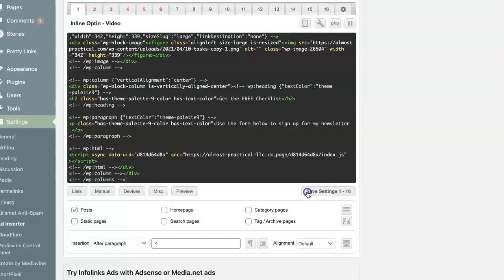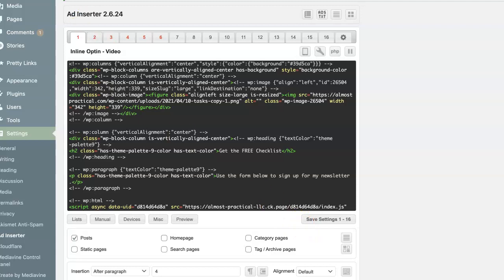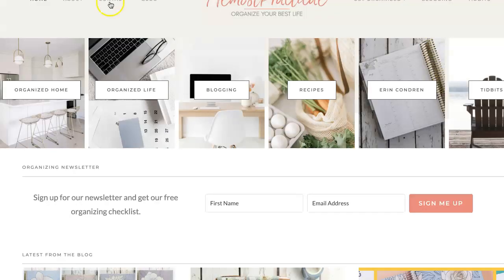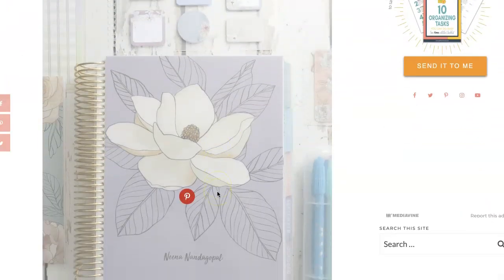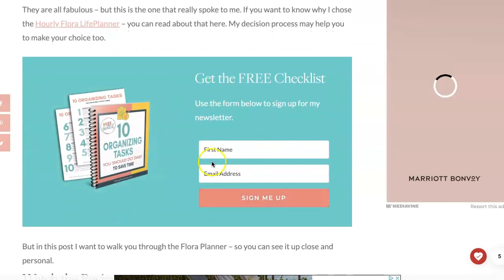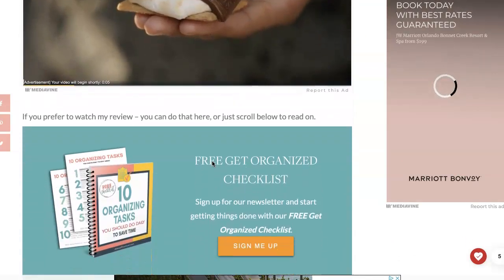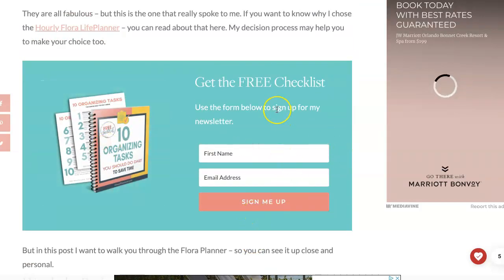So we're going to save, and then I'm going to go to my website, and I'm going to go to a post, any post, and here you'll see that funky blue box right here that we just put together, and you can see if I keep scrolling, here's my real box. But here is the one that we just created, and it's going to be on every blog post on my website. So what I'm going to do quickly is go back,